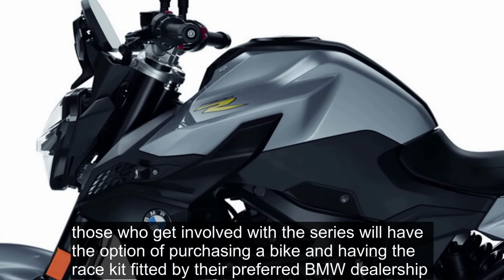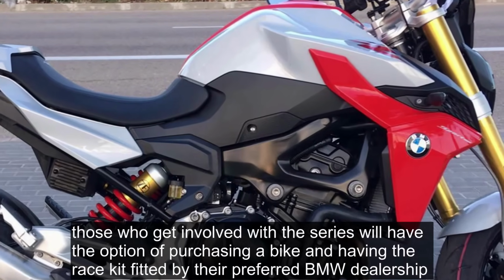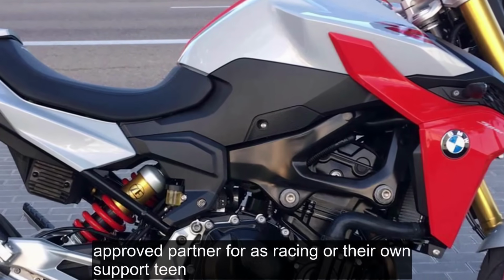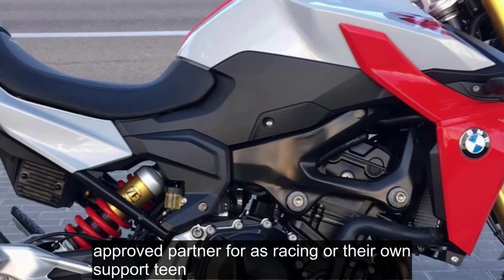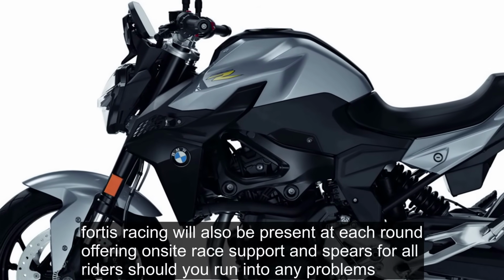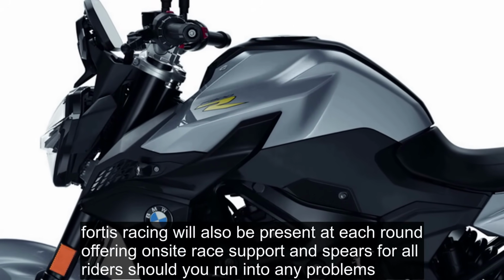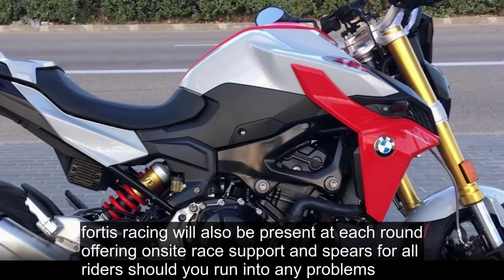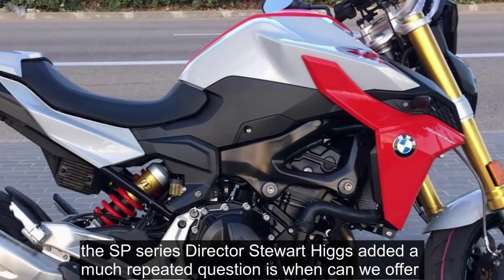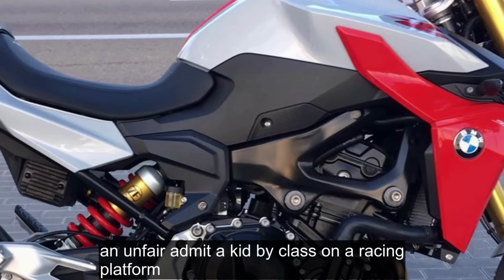Those who get involved with the series will have the option of purchasing a bike and having the race kit fitted by their preferred BMW dealership, approved partner Fortis Racing, or their own support team. Fortis Racing will also be present at each round, offering on-site race support and spares for all riders, should you run into any problems. BSB Series Director Stuart Higgs added,